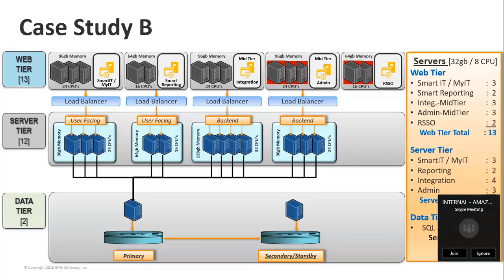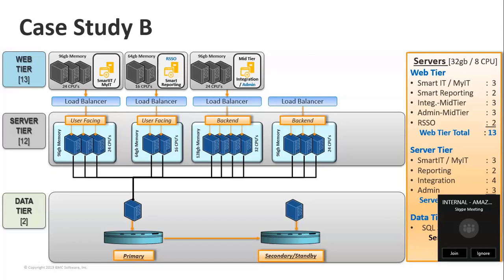And they've since clearly established that they don't need that many servers to support that particular function. And with that in mind, you'll see that there was a consolidation where RSSO was moved to a common area with the smart reporting function. And you'll see that the admin function was collapsed and combined with the resource allocation set up for the front